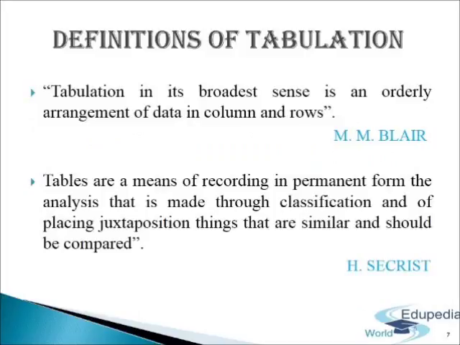Definitions of tabulation. Systematic presentation of data is one of the most important considerations in statistical work, and it is done through the use of tables. A statistical table is an arrangement of systematic presentation of data in columns and rows. Tabulation is the process of presenting data in tables. Tabulation is a process, the outcome of which are statistical tables.